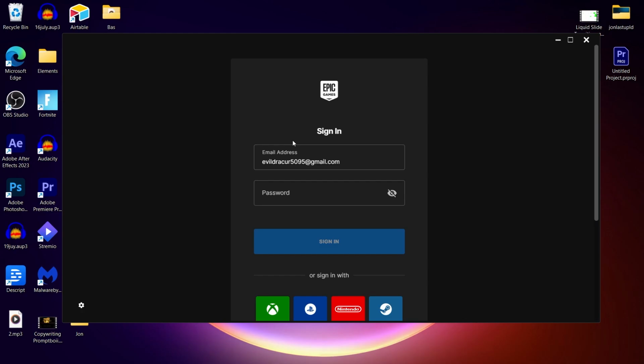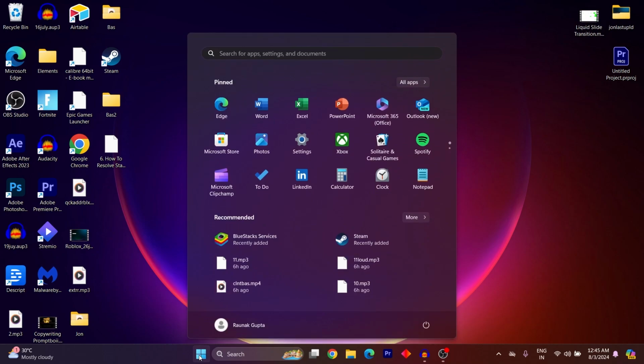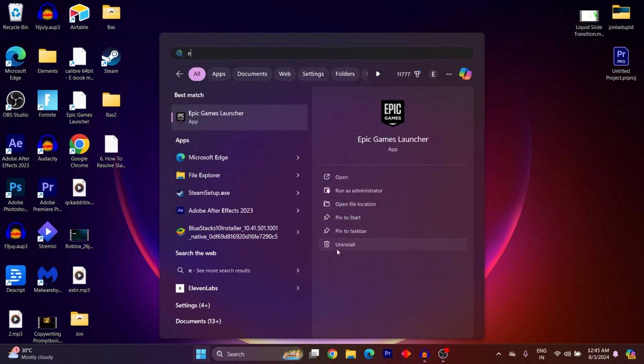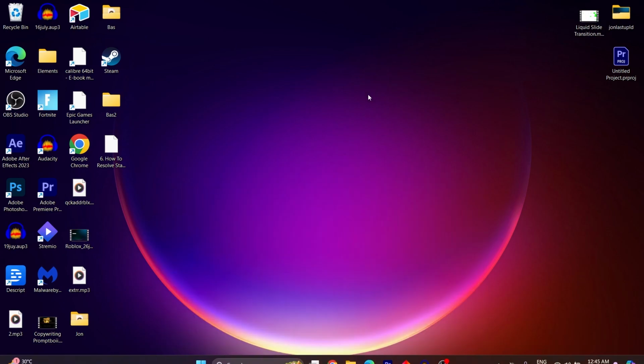what you're going to do is simply go to the start icon, search for Epic Games Launcher. Now on this page, you'll have to just click on the uninstall button just right here. When you click on uninstall, Epic Games Launcher will be removed completely, and this is going to clear the captcha